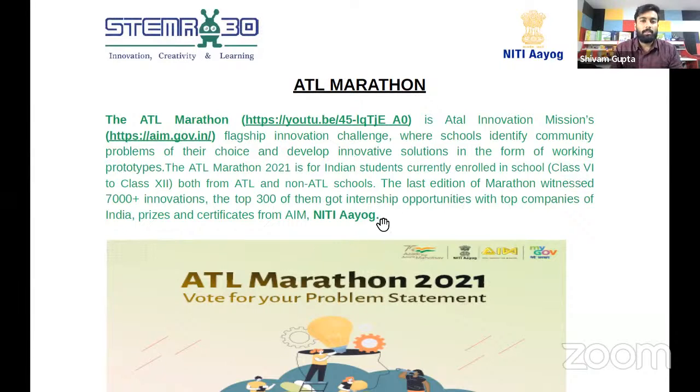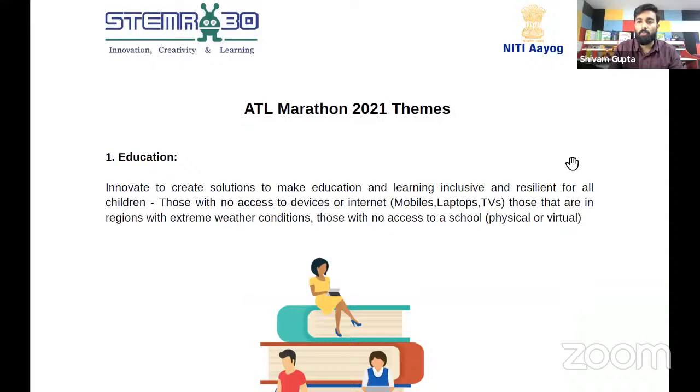So this is the PDF, and this is regarding the ATL Marathon. You can even get this PDF on AIM's website, aim.gov.in, right? So from there you can get this PDF. Now in this PDF, you can see the different topics on which you have to make the projects. So if I scroll down, here, first of all, we have